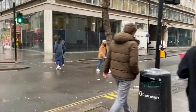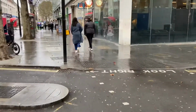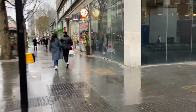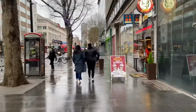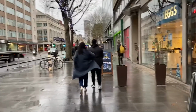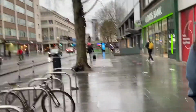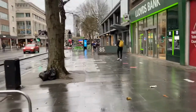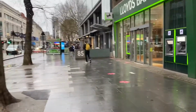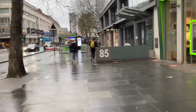I started with the Euston Tower because it's always been one of my favourite buildings. It's not exactly everyone's cup of tea, but for me it's a sort of marker for central London. So whenever I've been in a car approaching it, to me it's the start of central London, and the actual building itself,